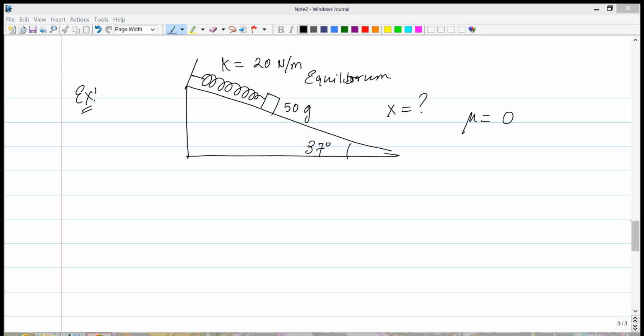In this video, we're going to calculate the equilibrium extension for a spring that is attached to a 50-gram mass that's lying on an incline, a frictionless incline. The spring constant in this case is given. Now, once again, understand, when no forces are exerting on the spring, the equilibrium length is simply the true length